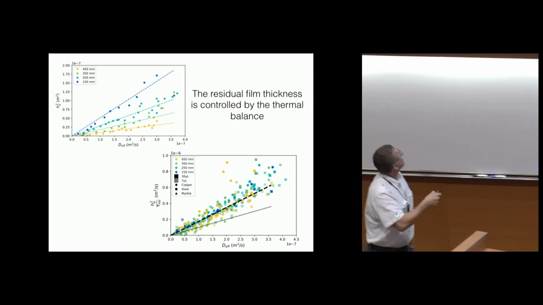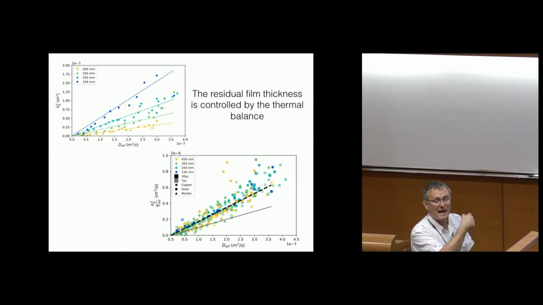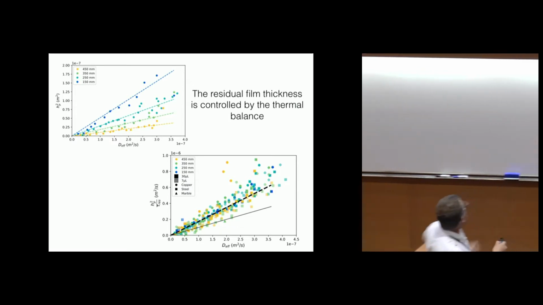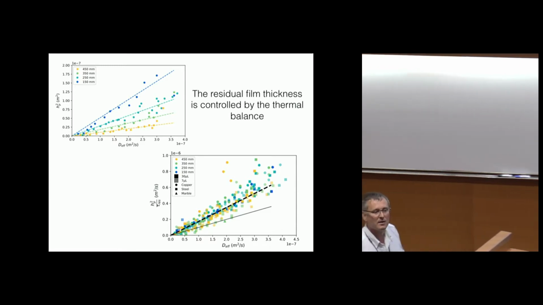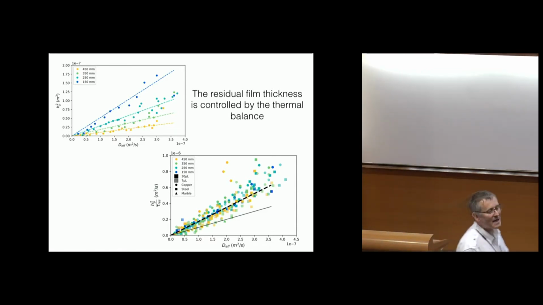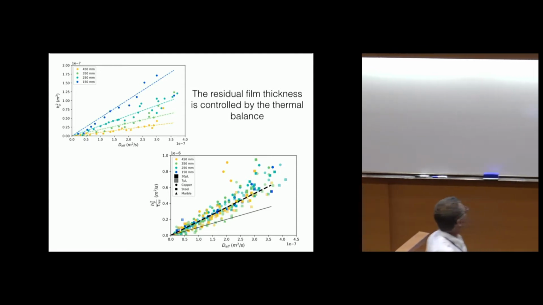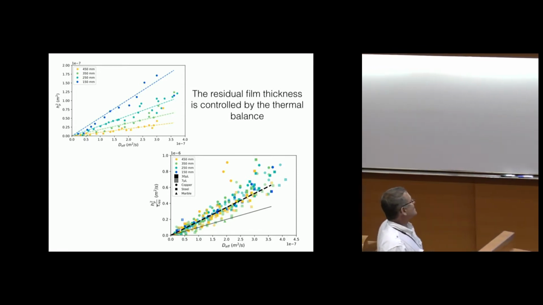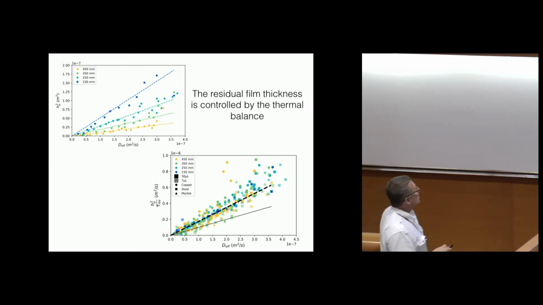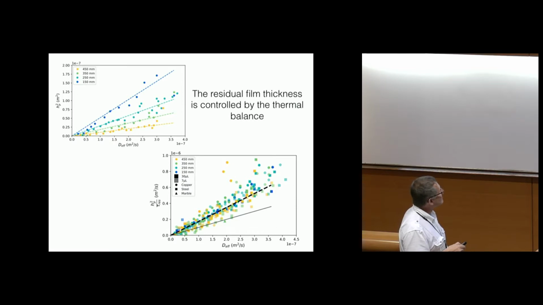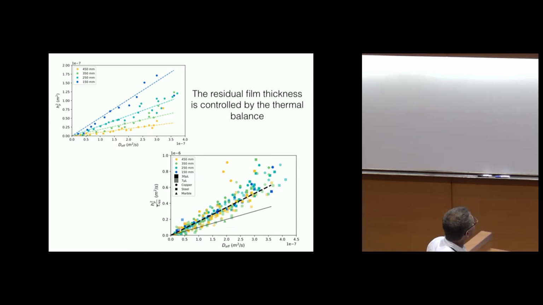Basically, we have done experiments by changing now both the substrate and the speed of impact. And by doing that, you can rescale everything. So now you can rescale HP squared by the waiting time that we have measured independently. And you compare that to the effective diffusivity that we computed, not analytically, but by solving our transcendental equation. We observe something which, compared to the spread of this data, is quite good, in the sense that it almost collapses on a single line. What is a little bit more surprising is that it does not collapse on the line. The slope should be 1 at the end of the day, if we believe in our model, and the slope 1 is this one.